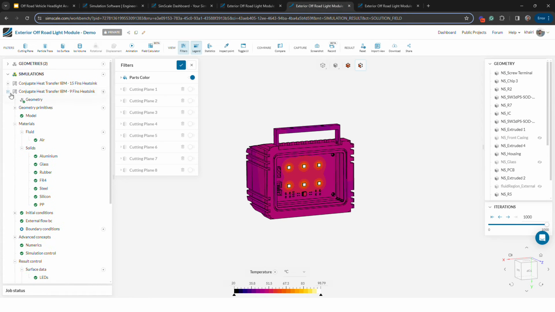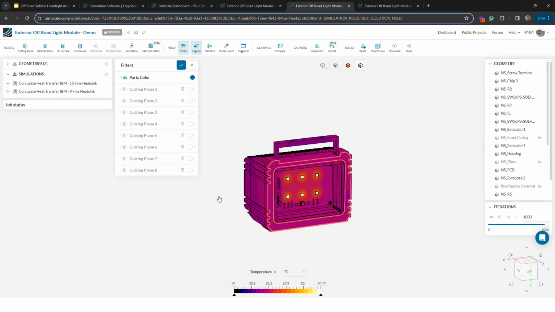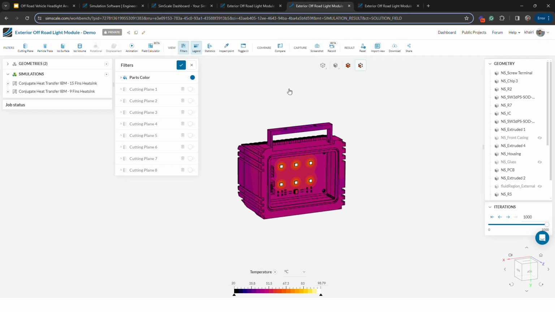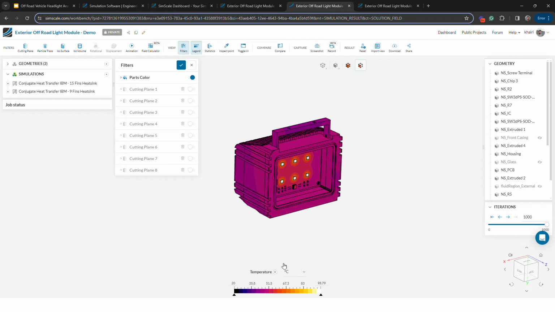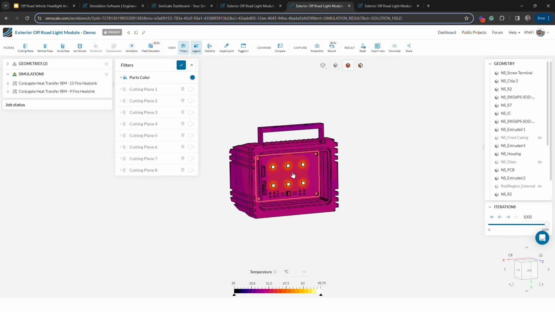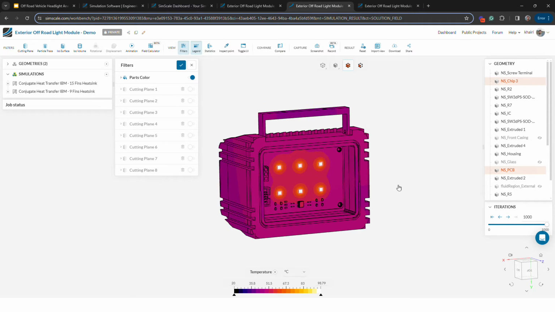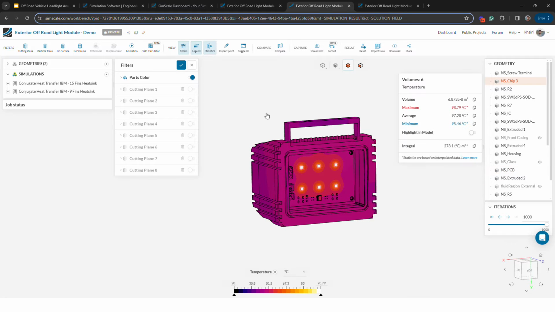So now we are inside the SimScale platform. This is the UI, and I'm directly inside the post-processor. You see over here you have various filters that you can use in order to extract the necessary information for your design. It's important to know that the pre-processing and the post-processing happen all inside the same tool. You don't have to use different applications for different things. Now, we have here the temperature distribution plotted on the model, and what I would be very interested in getting out of here is the overall temperature distribution, or temperature values, of these LED chips.